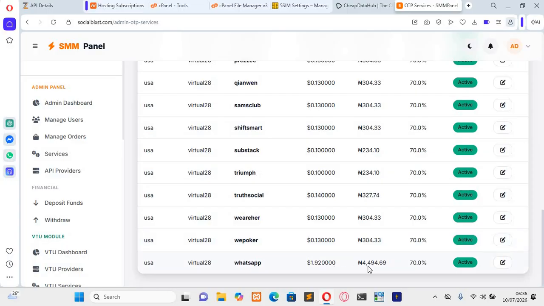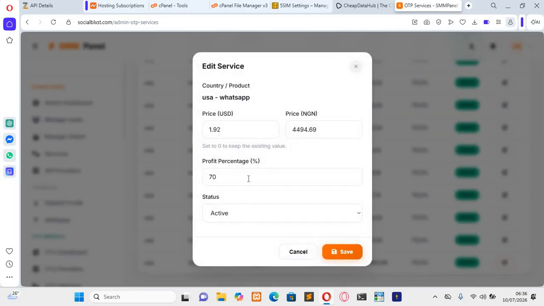are selling WhatsApp number for 4,494. We can reduce this so that the price would be kind of affordable for people to buy. It depends. So you can actually set it manually too. As you can see the way I click on it, you can change the price maybe to 3,000. You are still in profit because they are selling for us for about